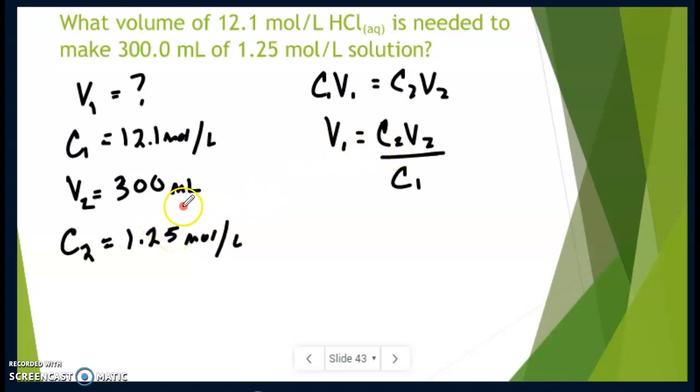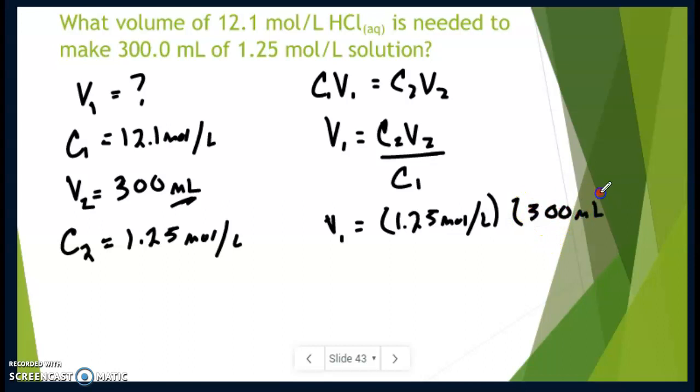One thing, you have milliliters here, and we can leave this as milliliters, because in the end we're looking for a volume. Normally we deal with liters, but it's the same thing as the gas law. When we start putting in our formula, we have C2, which is 1.25, times, divided by